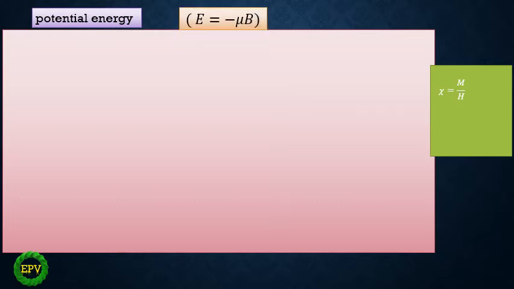In the quantum mechanical treatment, we need to find the value of susceptibility. Susceptibility can be represented as M by H. M is the magnetization. Magnetization can be obtained from potential energy. Now, we define the potential energy as E equal to minus mu B. Substituting the value of mu from the above equation, the minus and minus cancel, so we get E equal to plus mj g mu b B. Equation number 4.